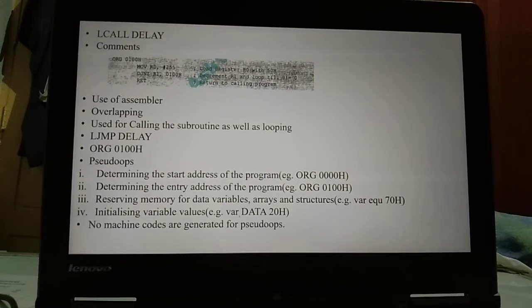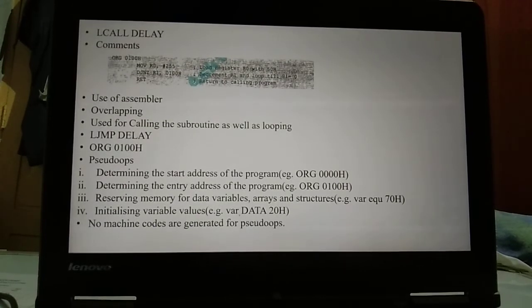Assembler directives are called pseudops. Pseudops are used for determining the start address of the program, that is org 0000H, determining the entry address of the program, for example org 0100H, then reserving memory for data variables, arrays and structures.